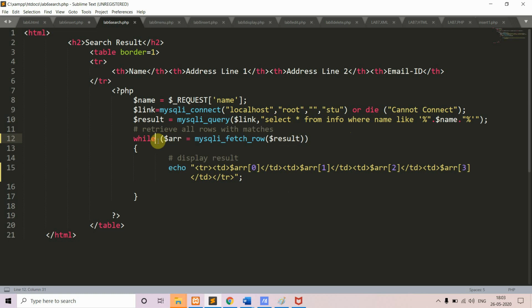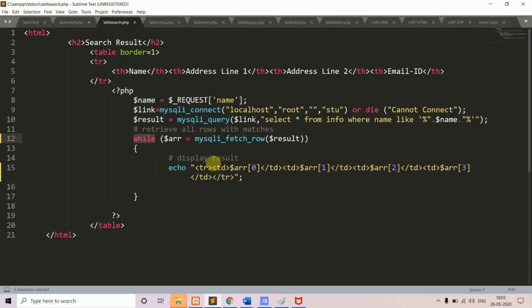For that purpose you use a while loop, because we don't know how many rows there are. It can happen that 5-6 people have the same name, because you're only using the name. All the matching rows should be displayed.